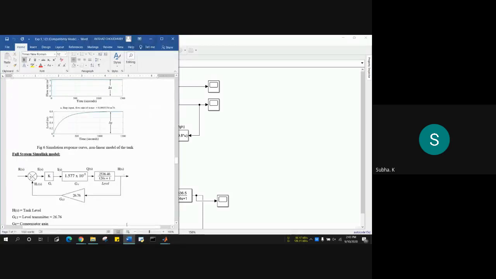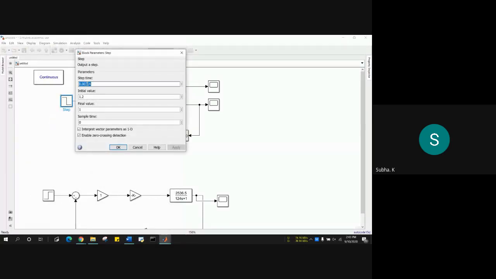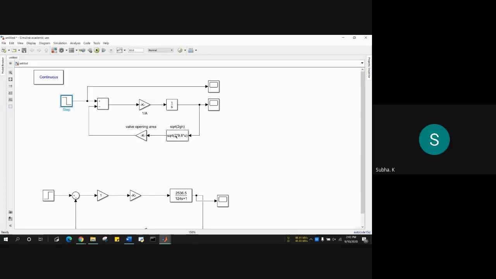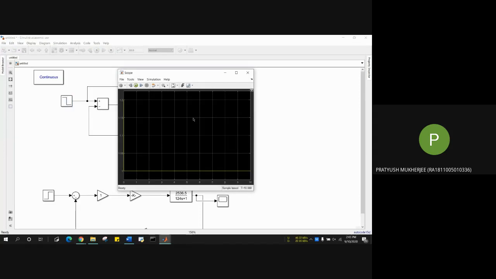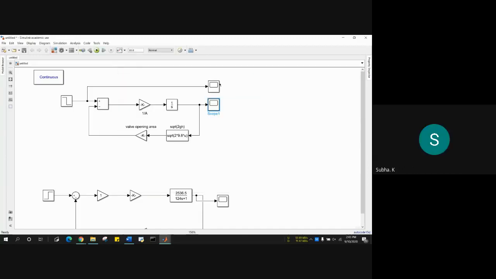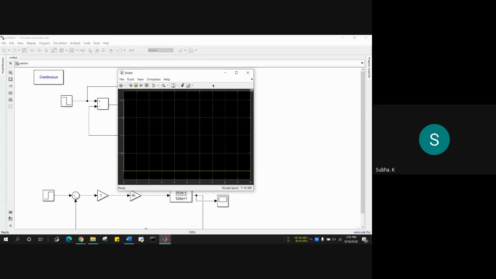The first Simulink diagram. Ma'am, how to get the square root? It is a square root block, you type SQRT. Yes, ma'am. Ma'am, what is the second graph, is this not the first one? You show the first graph. I think the time you have to set around 1500, then only you will get the full graph. See the model graph.